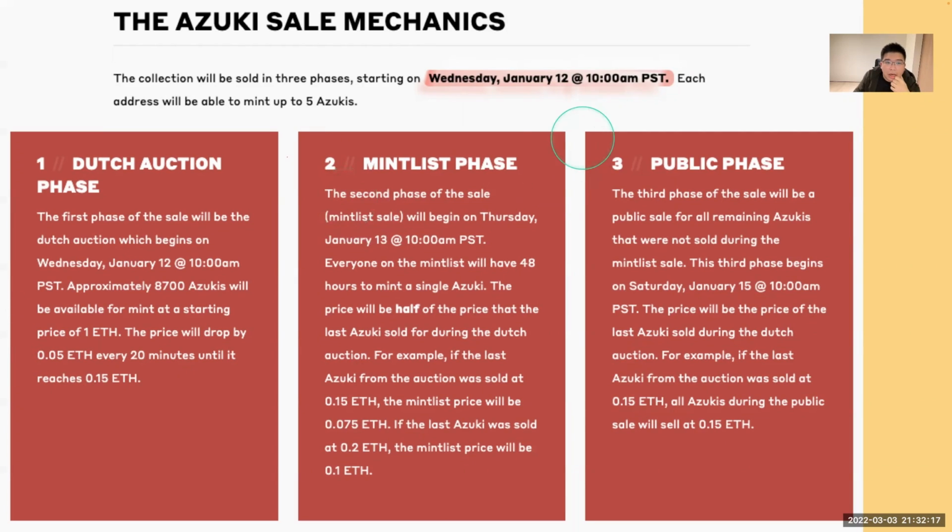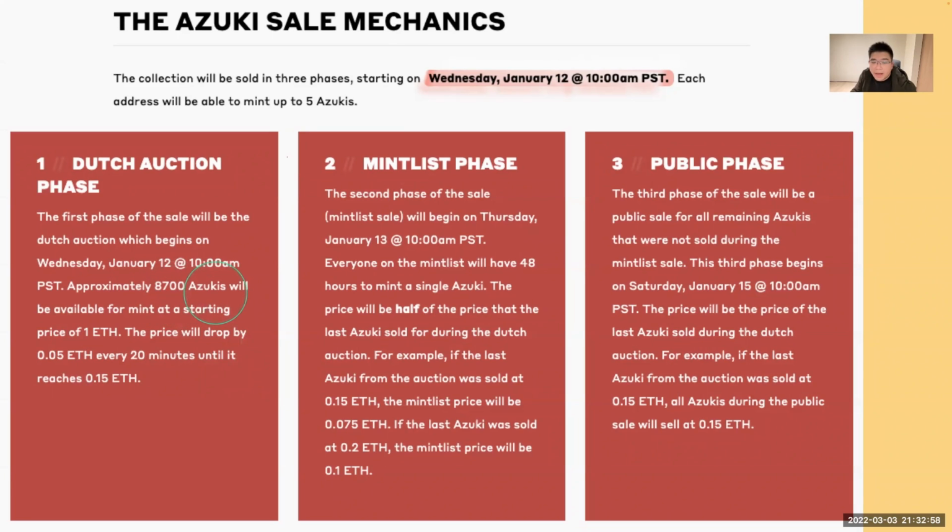The interesting thing is that on January 12th they set the floor price at 1 ETH, and the price would drop by 0.05 ETH every 20 minutes. My brother said, "Oh, I have to prepare the money for 1 ETH," and in the end, he could not buy it.